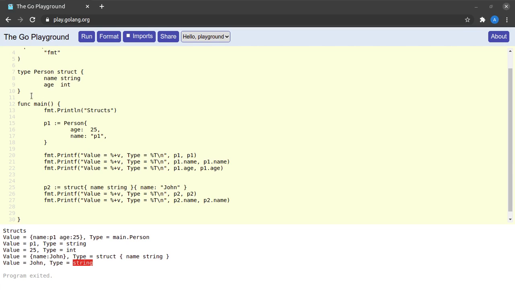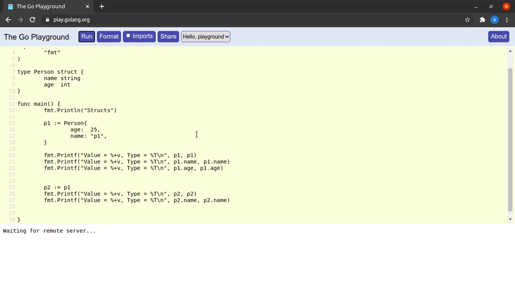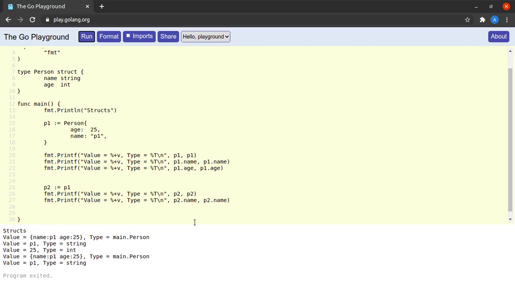by reference. That means if I show you an example of this, suppose I assign P1 to P2, and then if I go ahead and run this program, we can see the values inside of the struct p1, and we can also see the values inside of the struct p2. Next, let me try to change a certain value inside of p2. So if I say p2 dot name will now be equal to say p2000 instead of p1, then if I